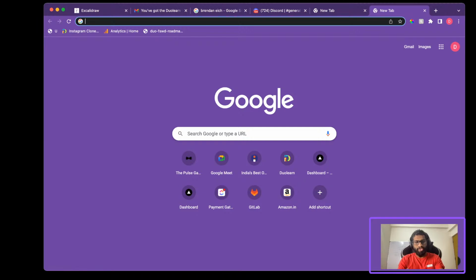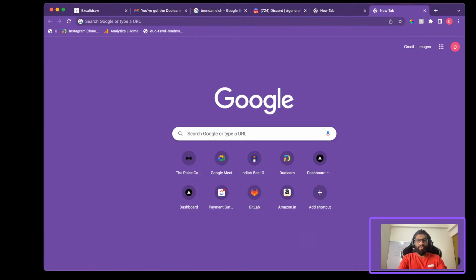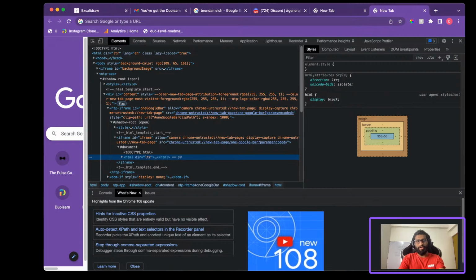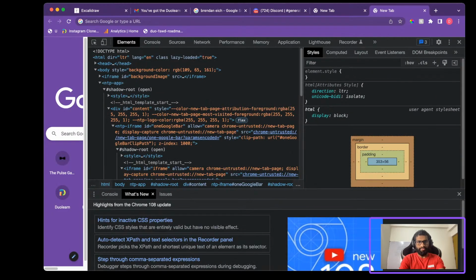So in order for us to work with JavaScript, we are not going to use any fancy editor or platform, right? Since JavaScript is built into all the browsers, we are going to do it directly in the browser itself. If you're following along with me, all you need to do is open up a browser, preferably Chrome. Just right click anywhere on the screen in a new tab, and click on Inspect. Once you click on that, you will get this developer tools window. What you need to do from here is go to Console,